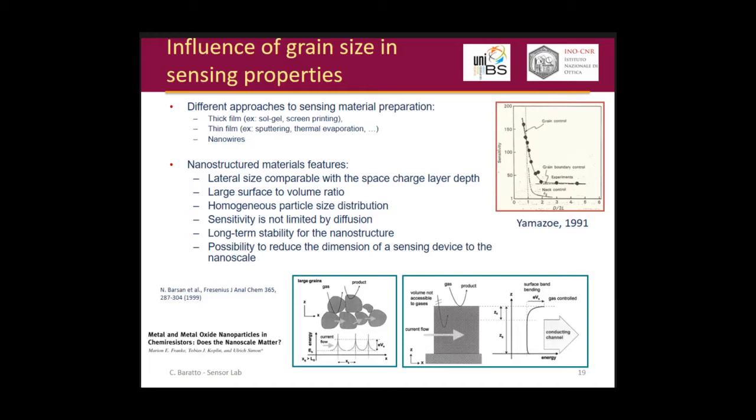So high temperature means that you have grain coalescence. Grain coalescence increases the dimension of the grain, and by itself the response of your sensor changes, as well as the initial baseline. So this means that you have sensors that are drifting. Okay,